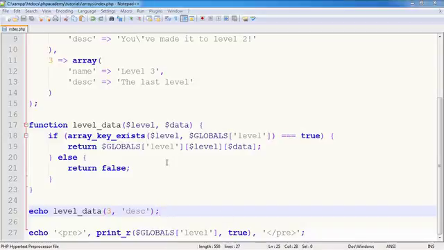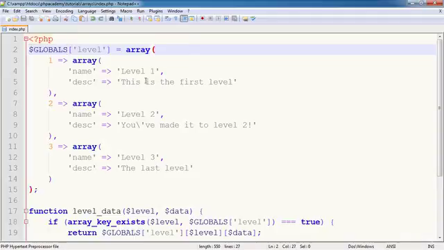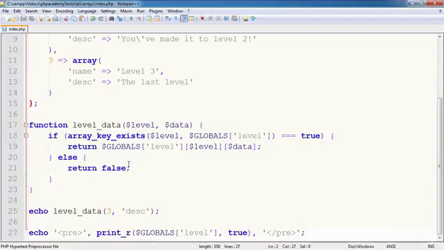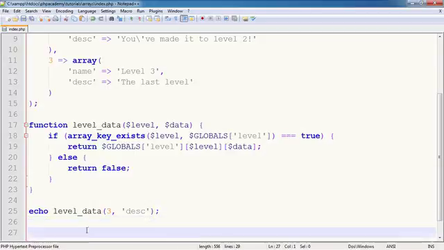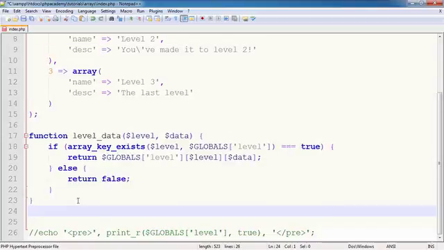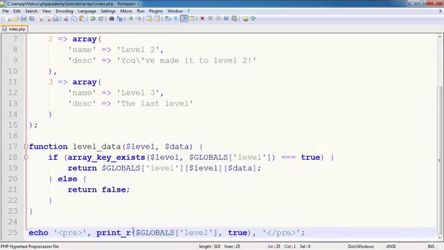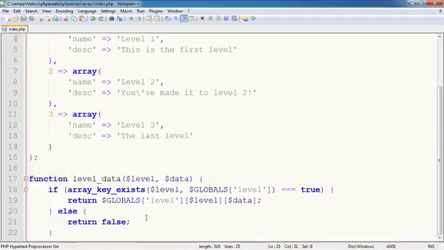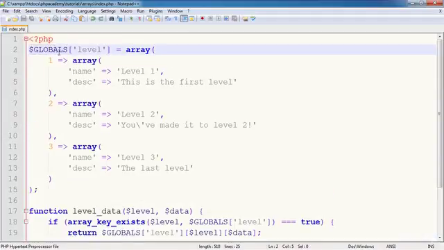Now I'm quickly going to end on the fact that we've used this globals array, but we never tend to really examine things like this. So I'm going to go ahead and just get rid of this. So I'll go ahead and comment this out, and I'm going to go ahead and get rid of this as well. In fact, no, let's go ahead and get rid of this. Get rid of this and pass this in here. So I'm just going to pass in globals. So what I'm now doing is printing R on globals, which will give me the visual representation of the globals